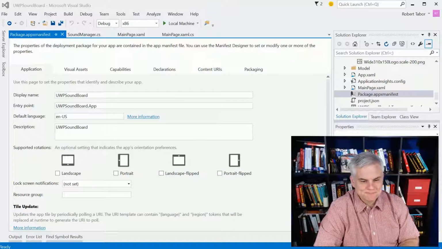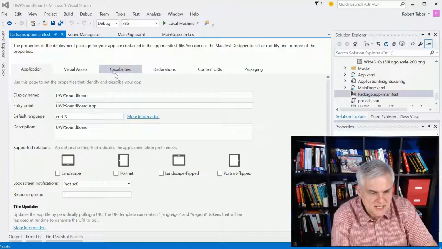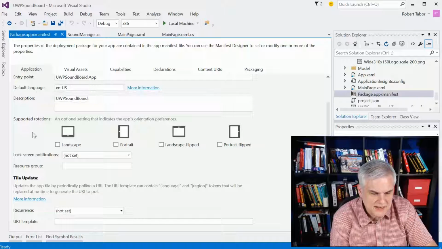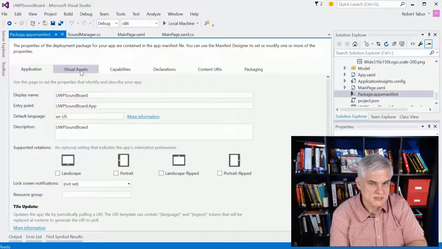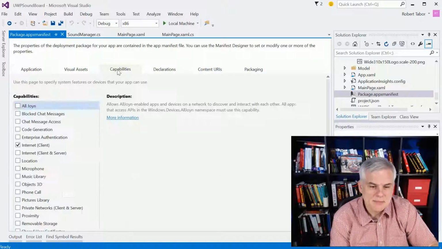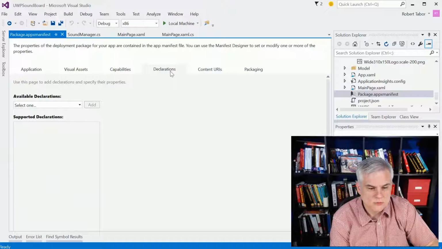Okay, so as you can see, there are a number of tabs in this designer. There are things that are related to the application as a whole. Any visual assets, that's where we're going to spend the majority of our time. Capabilities, here's where I say, hey, I need the internet, I need the microphone, I need to make a phone call. That's what my app needs. Any declarations,